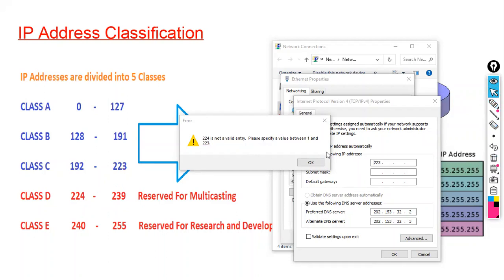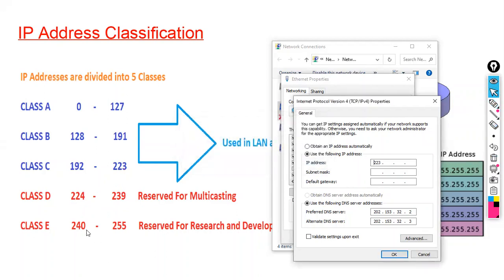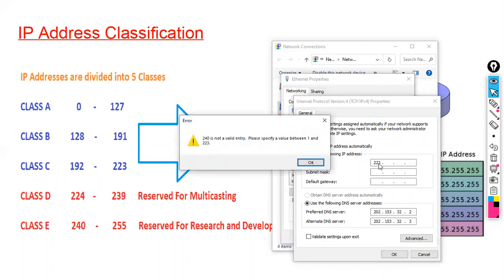If you try to configure the IP address from class E, let us try to configure 240. You will get the same error. 240 is not a valid entry. Please specify a value between 1 and 223. Okay, so